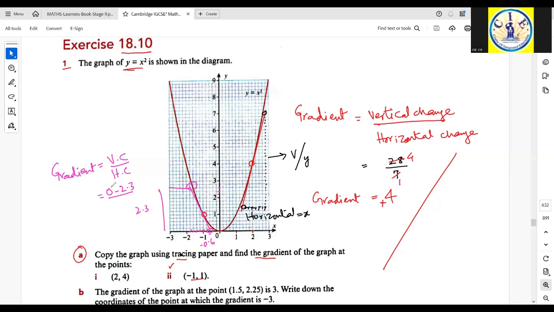For 6 boxes, this is going to be 6 times 0.2, that is 1.2. So negative 2.3 divided by 1.2, and using our calculator,